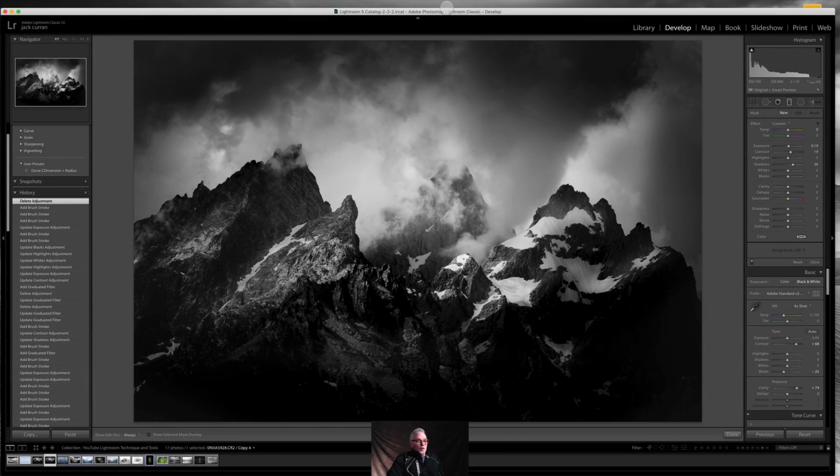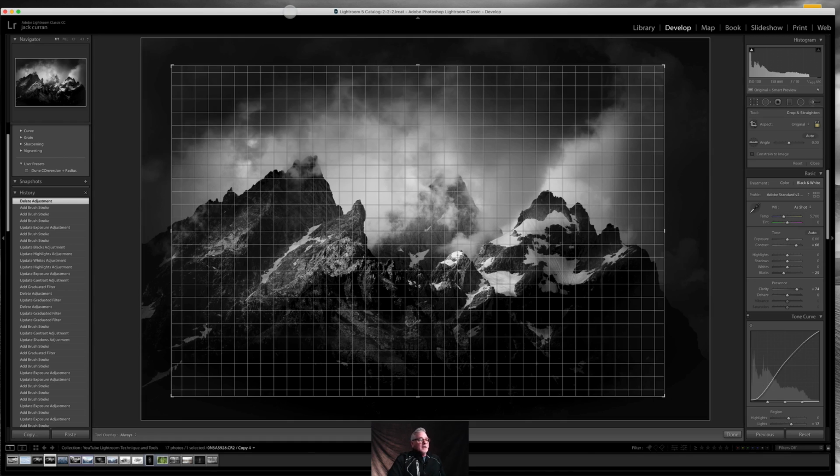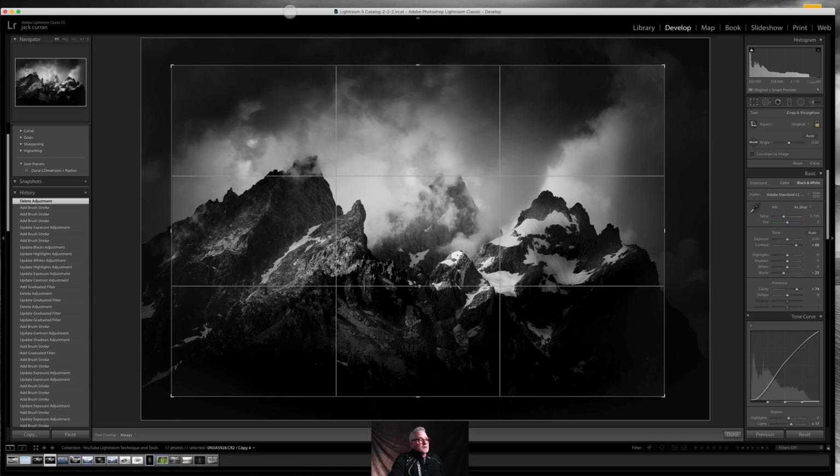Okay, now here's a couple more shortcuts that I use on a regular basis. If we go up here to Tools, you'll see the first one is Crop. So you can hit the R key here, and that will give you your crop grid. If you now hit the O key, you can cycle through a series of variants on the crop grid,